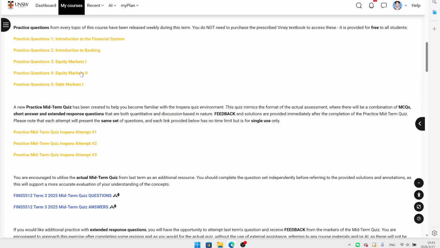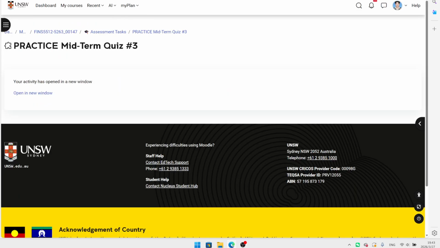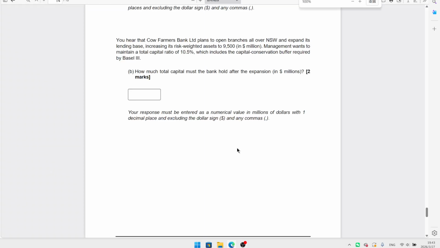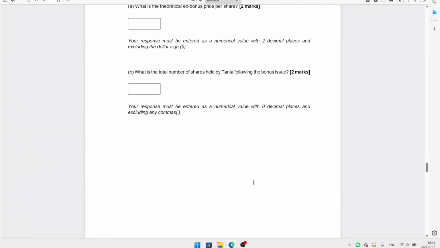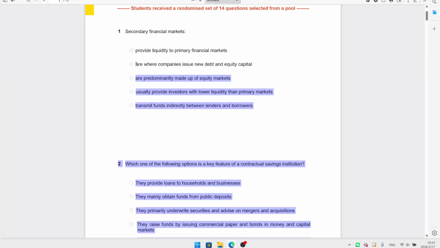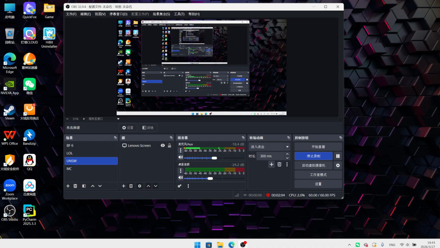So let's change. I think the question is the same. Question answer. So I just have one. So let's do the midterm quiz last term, the last term quiz for examination. Yeah, but I do not have any position to select. So let's use the other method to